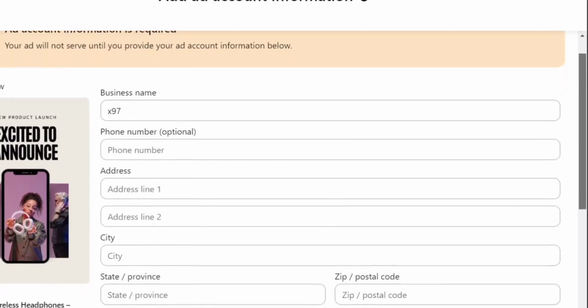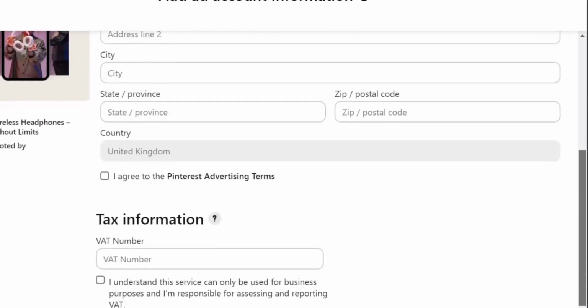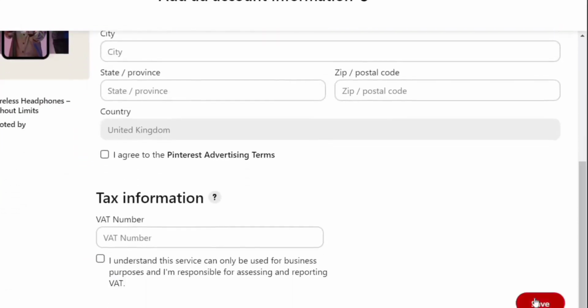it's going to take you to where you get to put in your debit card right here to pay for the ads. So I'm going to click